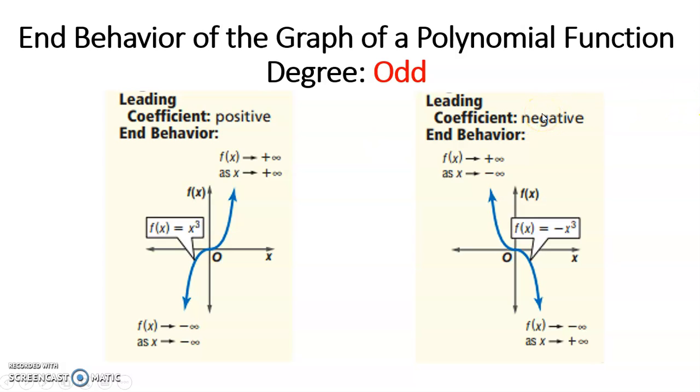Now, how about if the leading coefficient is negative? Ano naman ang mangyayari? So, mababaliktad naman yan. So, as the left side of the graph of a polynomial function that has an odd degree, or x approaches negative infinity, the function is increasing or pataas naman. And then, on the right side, or as x approaches positive infinity, the value of the function now decreases. So, meaning, pababa naman yung magiging trend ng ating right side or yung nasa dulo ng ating polynomial function.